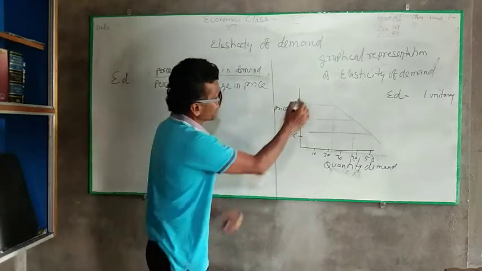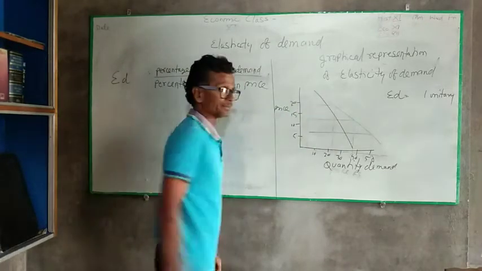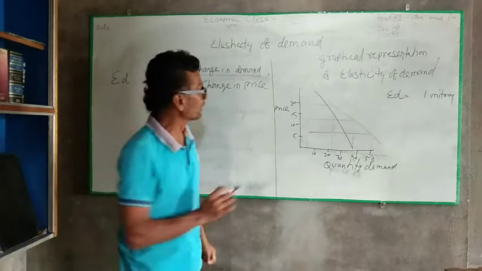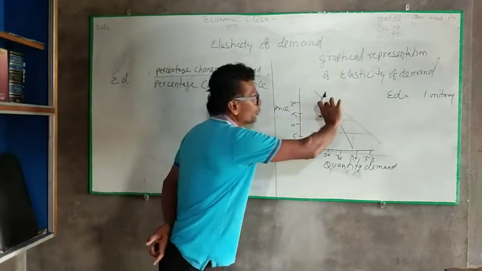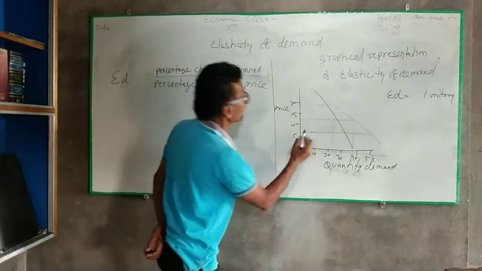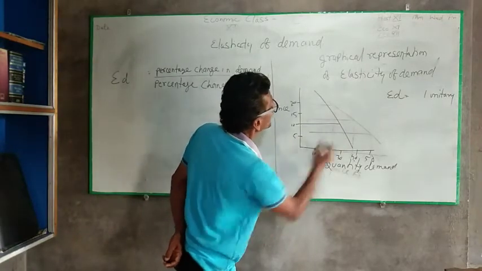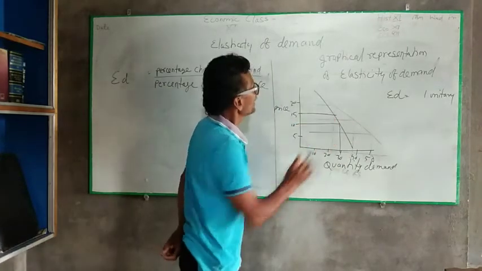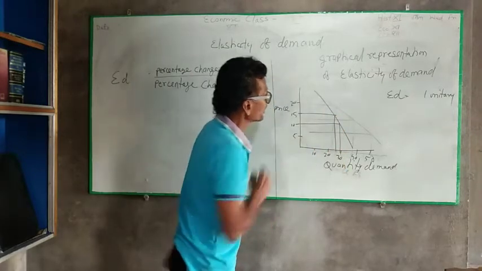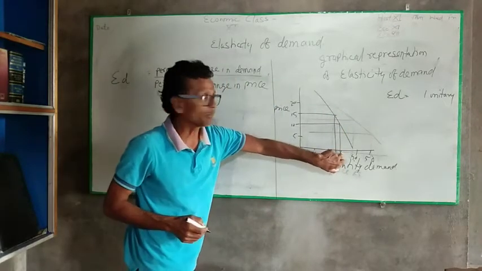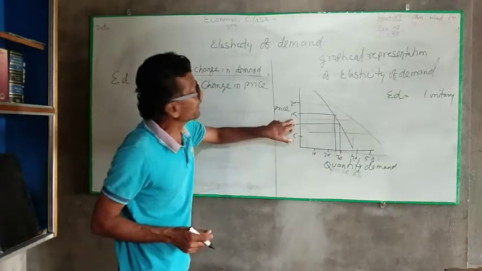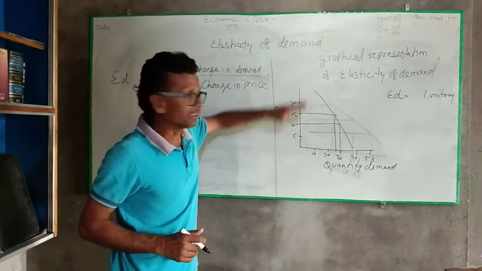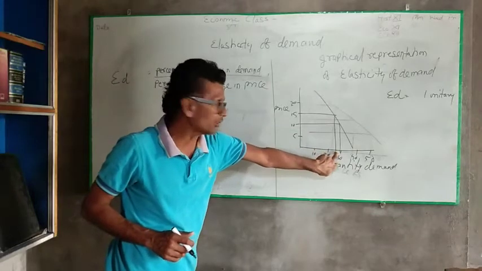See, if the demand curve slopes like this, more than 45 degrees, it means the change in the price is more and change in the demand is less. See, price was 10, demand was this one. Now price changes to 15, but the demand changes by this one. Only the demand decreases from 30 to near about 28, but the price changes from 10 to 15. 5 rupees increase in the price, but decrease in the quantity is 30 to 28.